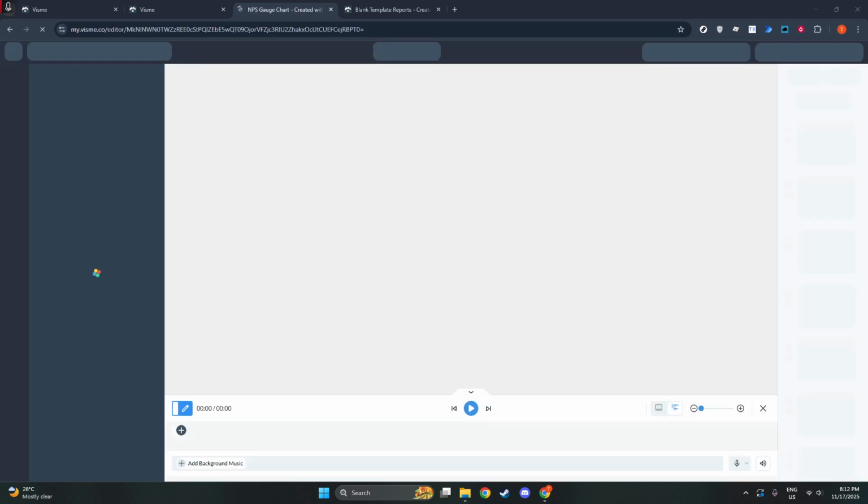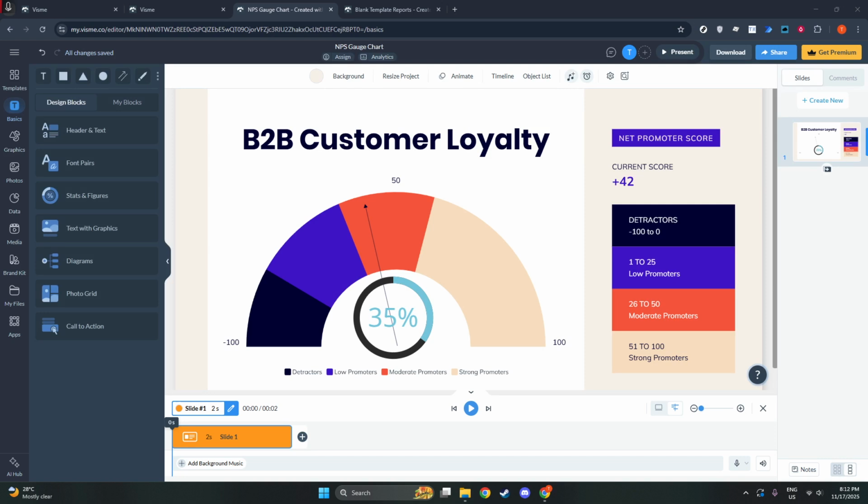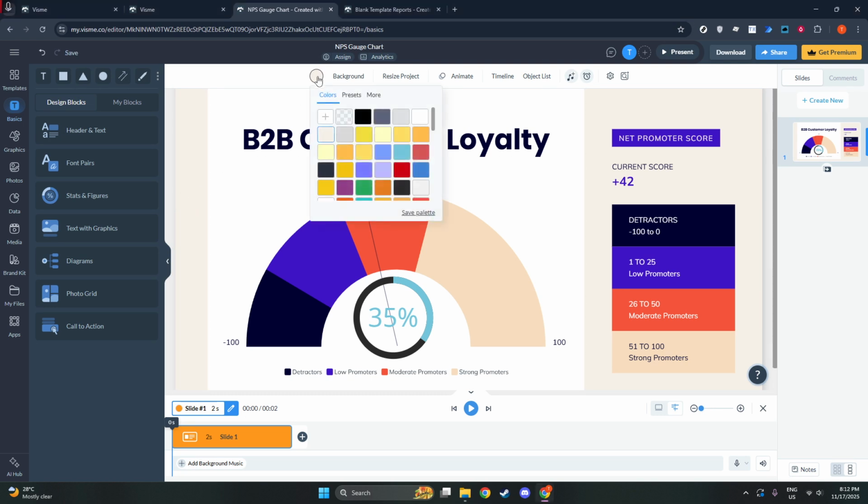This is a crucial step because, to change the background color, you need to ensure that you're not selecting any shape or object that might be on your slide. Simply click anywhere on the blank part of the slide or canvas. This action tells Visme that you want to modify the background as opposed to any other elements you might have